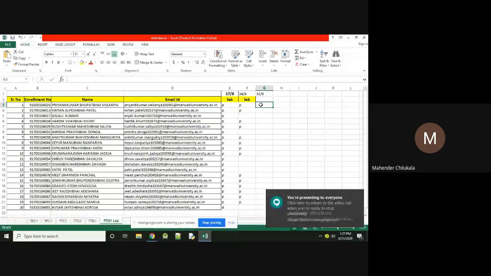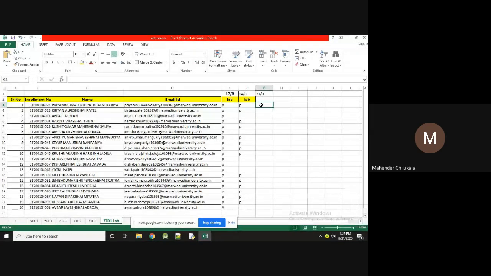Yeah, please tell the full numbers. Priyank Kumar absent, Kirtan Patel absent, Anjali, Hardik, yes sir, and Rushit Kumar, Amisha, Ankit Kumar.